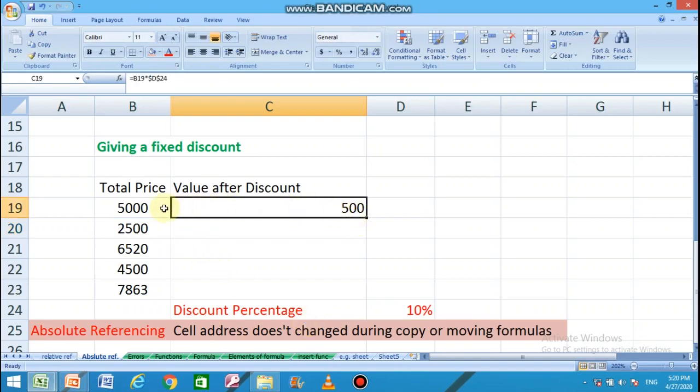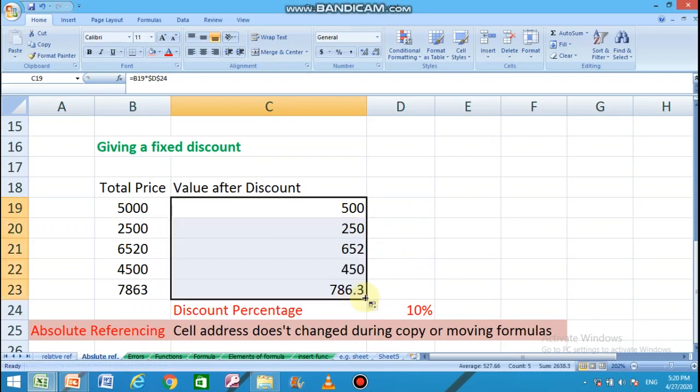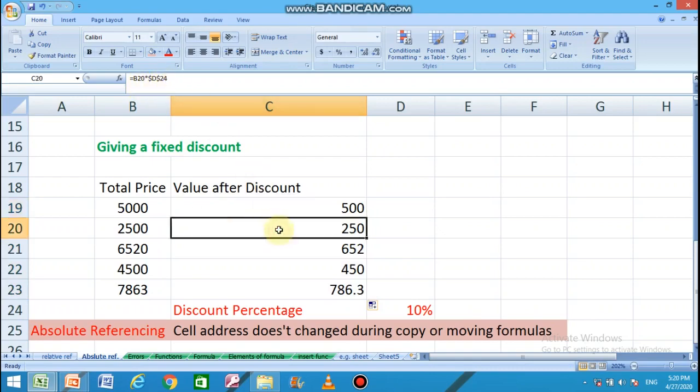The discount price is calculated for cell B19. Let us copy the same formula for all the cells. All the discount prices have been calculated. Let's see what happened. In the first cell the formula was B19 into $D$24. Then when I copied it to the downward cells, the formula became B20 into $D$24. D24 remains the same, but B19 converted to B20.